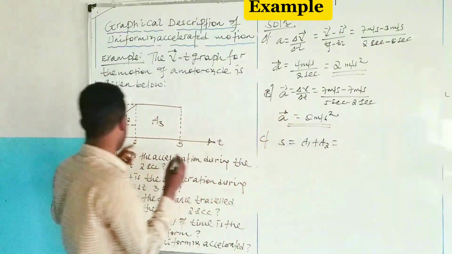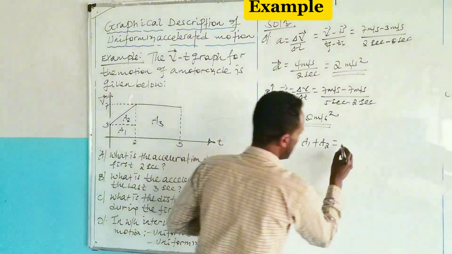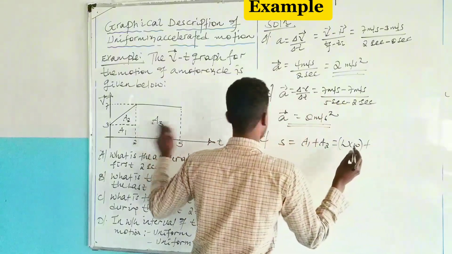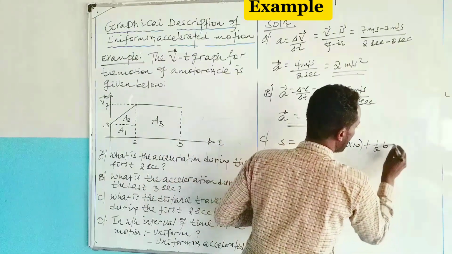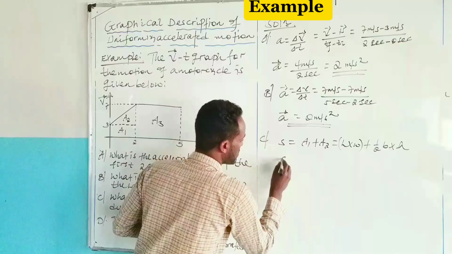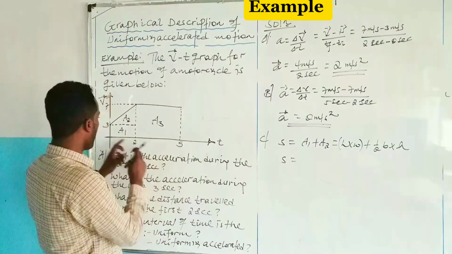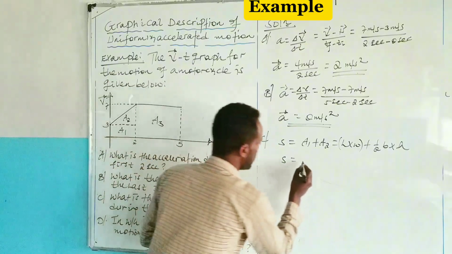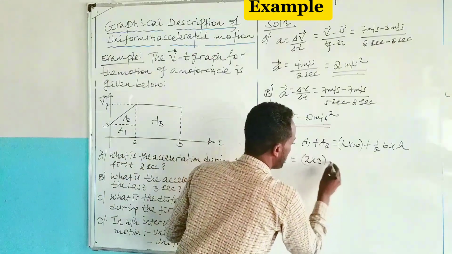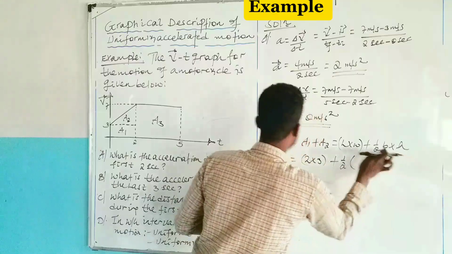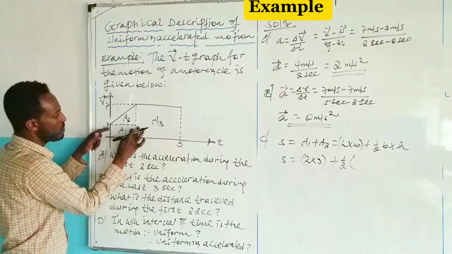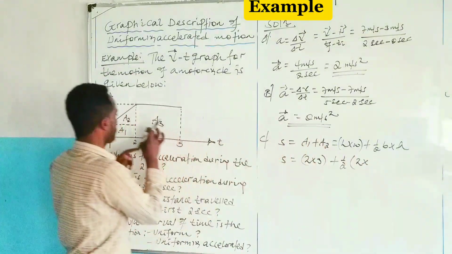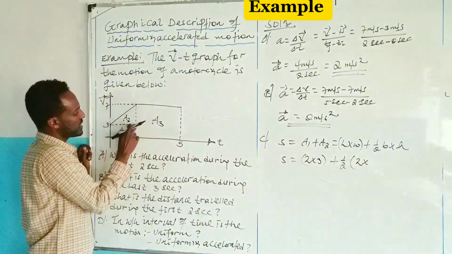So now for the first 2 seconds a1 plus a2, where a1 is the same as length times width, አይደለ? Length times width plus a2 which is a right angle triangle which is the same as 1 over 2 base times what? height አይደለ እንዴ? ስለዚህ the distance covered by the body a1 length times width is length 2 ሲባዛ በ3 ከዚህ እስከዚህ ያለው 3: 2 times 3 plus 1 over 2 the base of a right angle triangle ከዚህ እስከዚህ ስንት ነው? 2